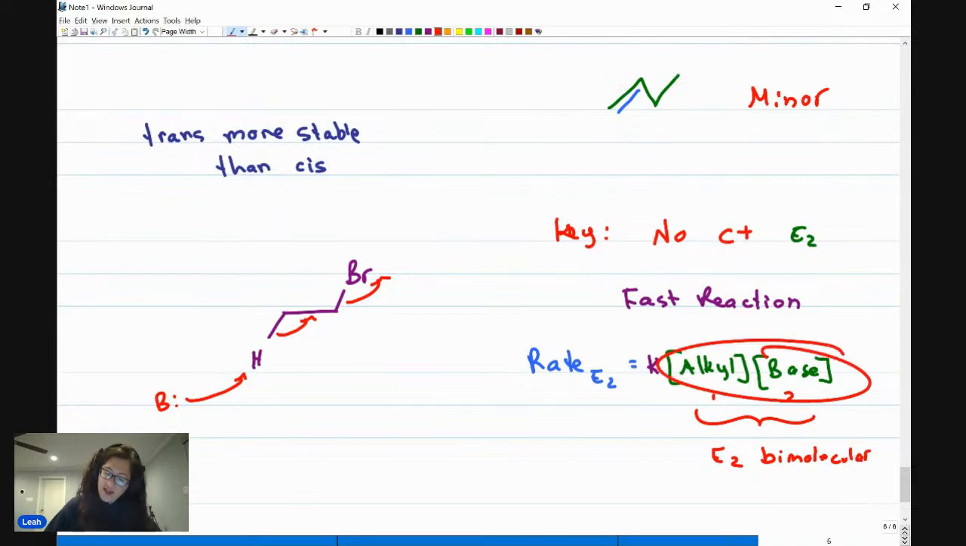It comes from the fact that we have two things in the rate equation, where in the E1 reaction, we only had one thing in the rate equation. So now that we've gone through the mechanisms, the rules, all of that,